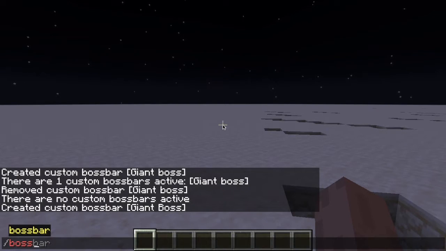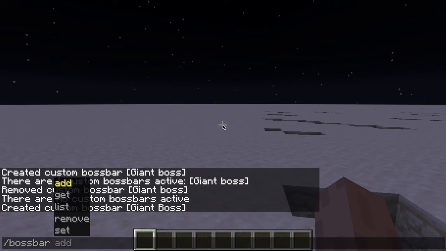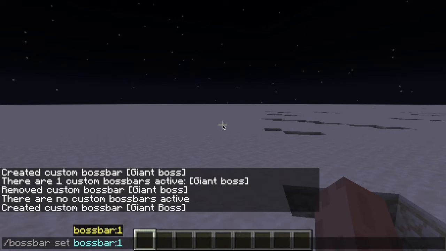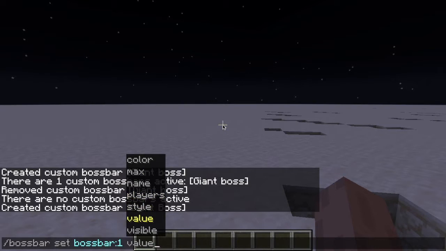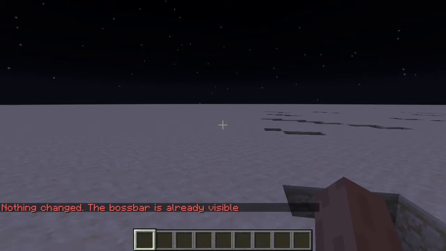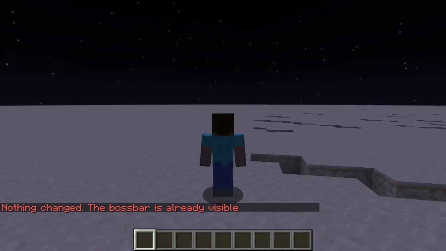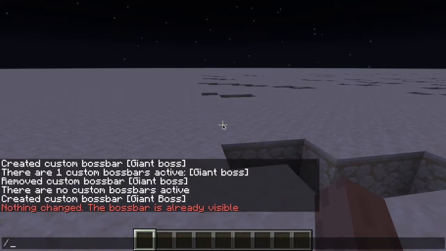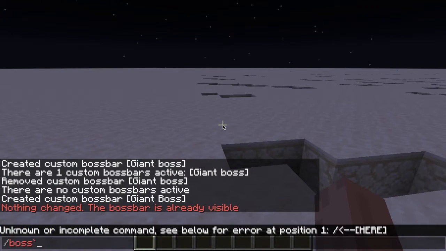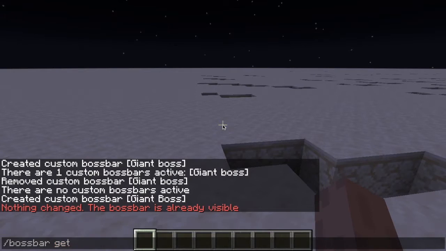Then we'll just do bossbar set. So basically this can set a lot of different things. Now this is the most useful part after, of course, bossbar add. So the first one we're going to want to do is it's currently visible. So you'll see it will give me an error message. You might be like, okay then, why isn't it displaying? Well, now what you want to do is,